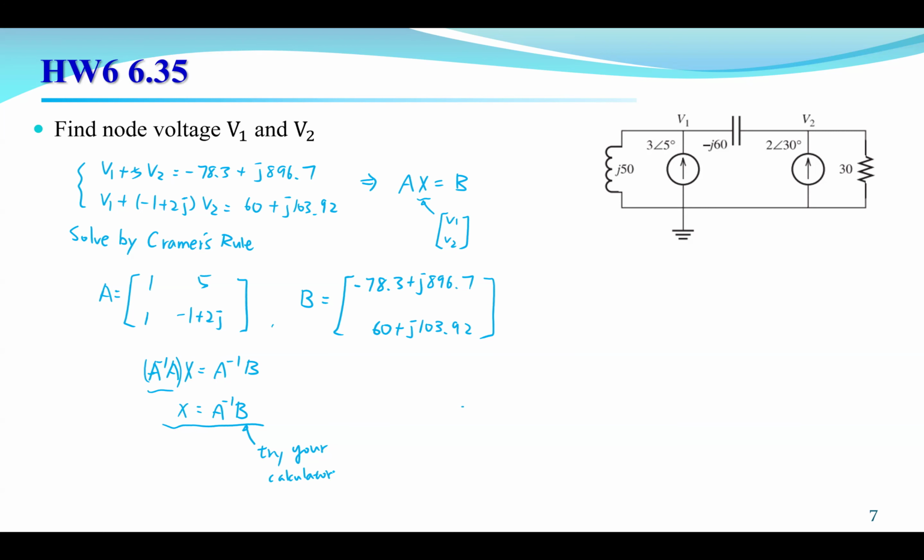But if your calculator cannot do this, you can only apply Cramer's rule. So in the end, we can find out V1 and equals